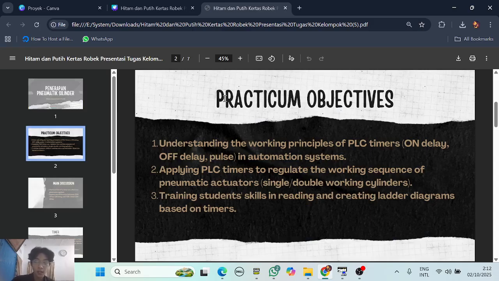There are some practical objectives. The first objective is understanding the working principle of PLC timer on delay, off delay, or pulse in an automation system.